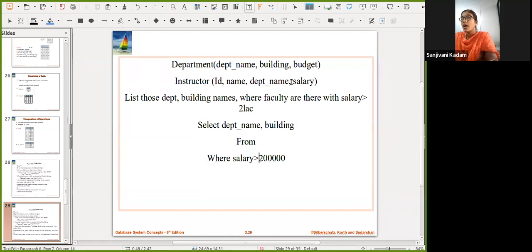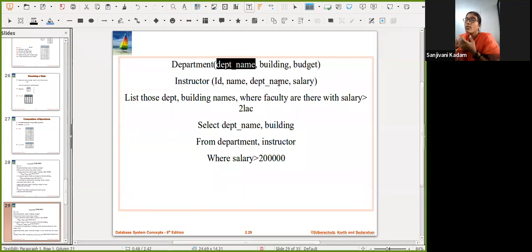It means I need the salary attribute, and for that I need the instructor relation also. So for this purpose we need to list two relations here, department and instructor. Okay, so this is how this query is written. But now the problem comes here. Whenever we write two relation names, I have a common attribute name, that is department name and department name.